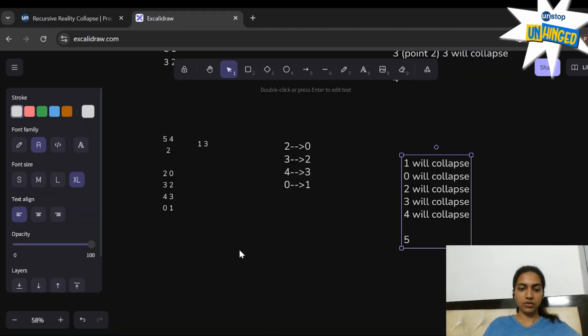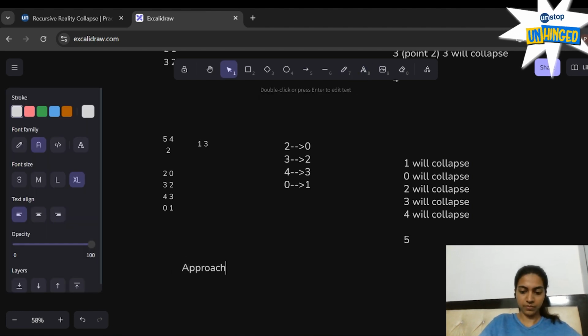Alright. So the approach to solve this problem is, first and foremost, we need to make an adjacency list to store the edge relationships in reverse order.